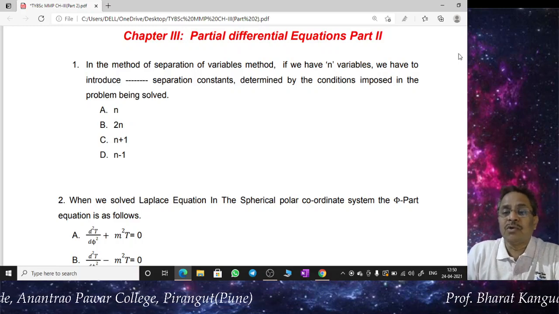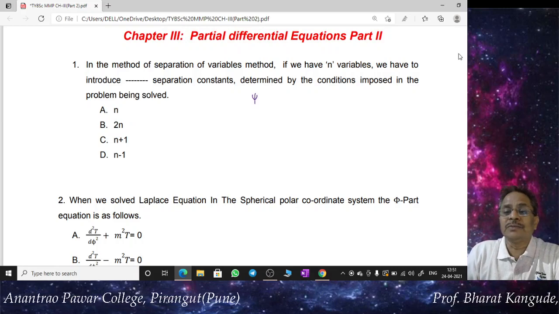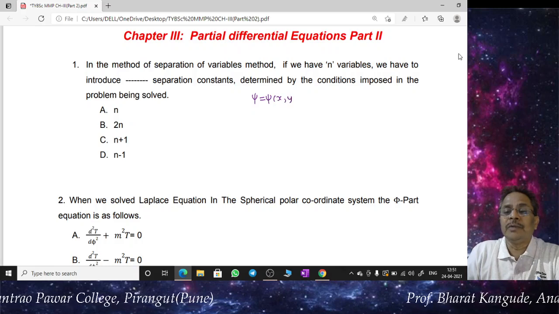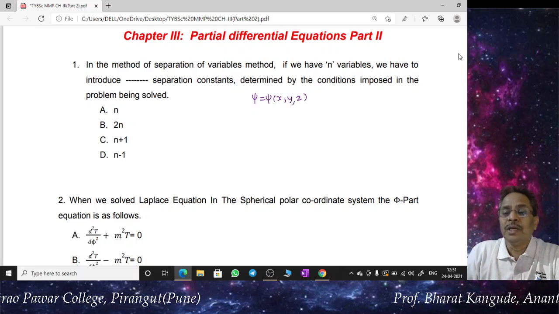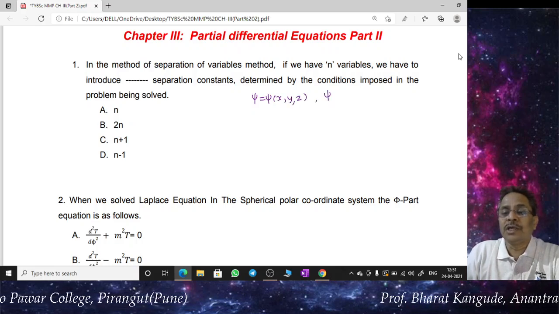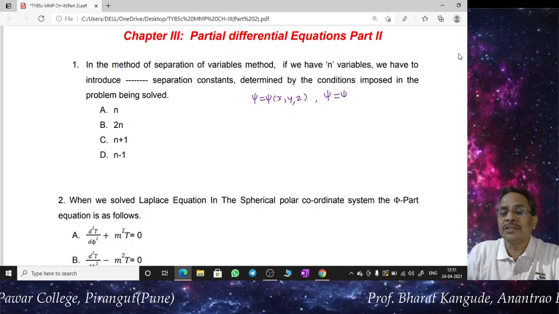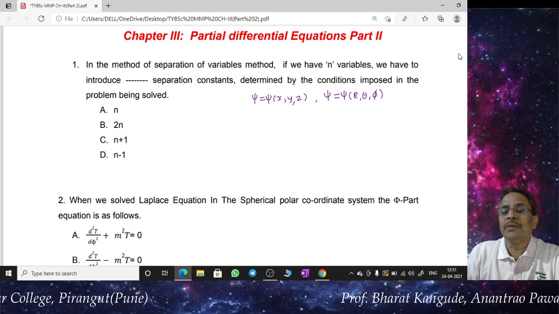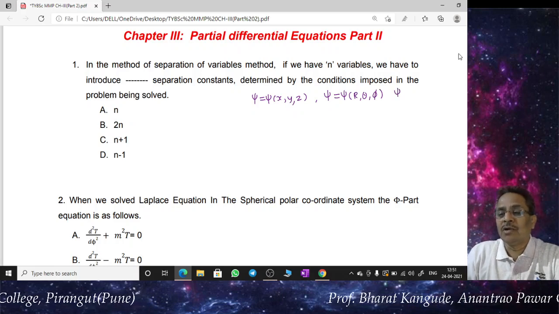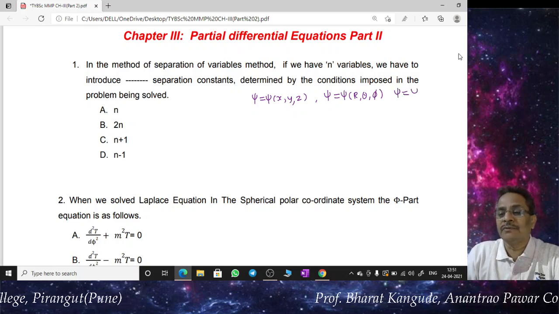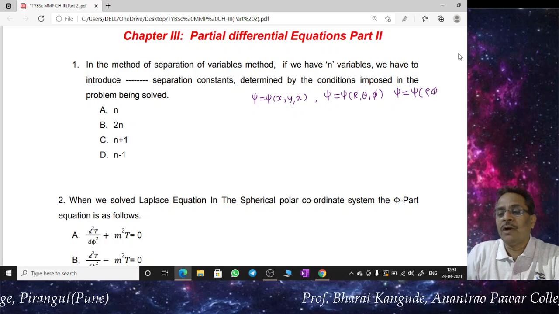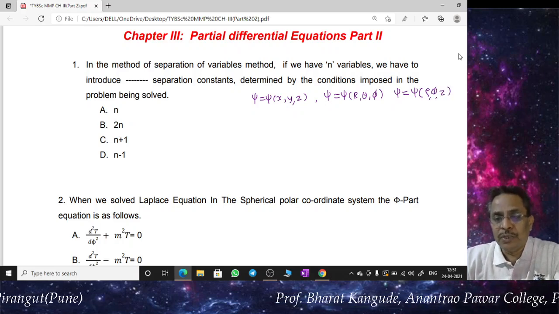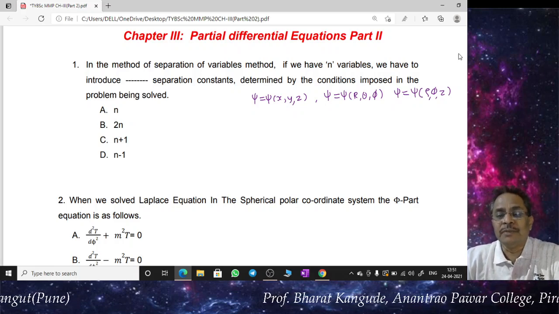In the Cartesian coordinate system, we write this wave function psi as a function of three independent variables x, y, and z. Then in the spherical polar coordinate system, psi is a function of r, theta, and phi, three variables. As well as in the cylindrical coordinate system, we have psi as a function of rho, phi, and z. So depending upon which type of coordinate system we are using,